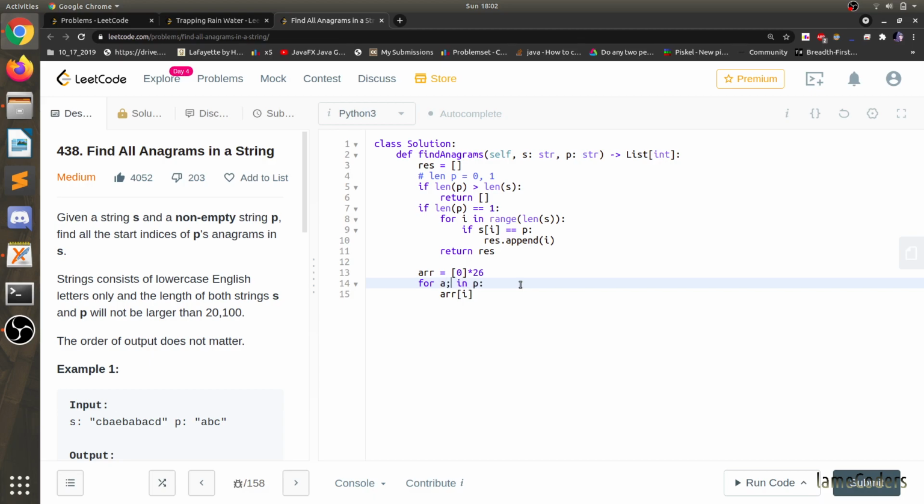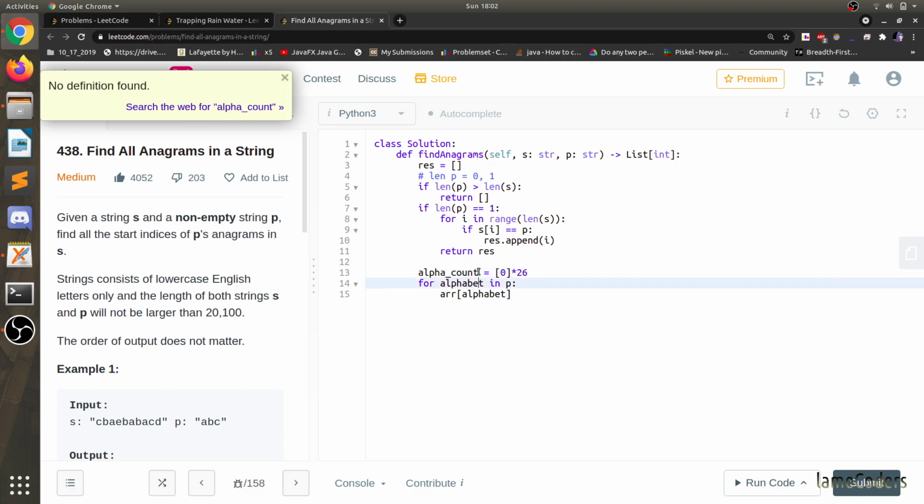For alphabet in P, and let's change its name also. It is like alphabet count, alpha count. Okay, this suits better. So for alphabet in P, and we are updating alpha count.